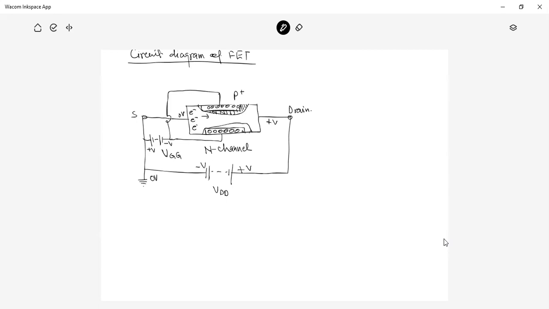Due to this CDR region, the passage will decrease in comparison to the entry point. And if you would like to draw the characteristic,